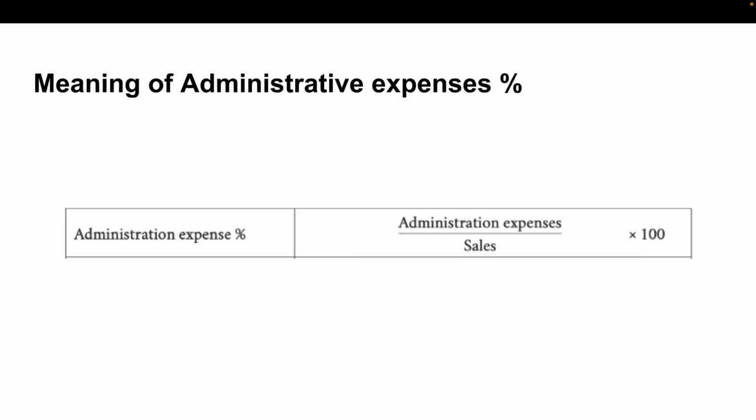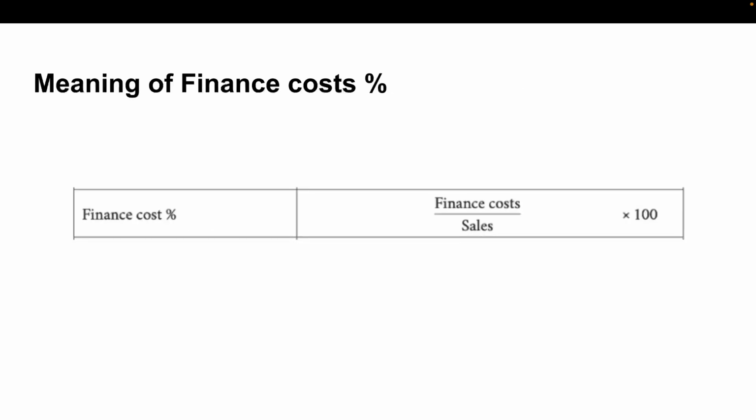So up next is finance costs. This ratio measures the percentage of sales used to cover finance-related expenses. The formula is finance costs divided by sales times 100. Just another quick example, if the finance costs were 5,000 and the sales were 500,000, the percentage would be